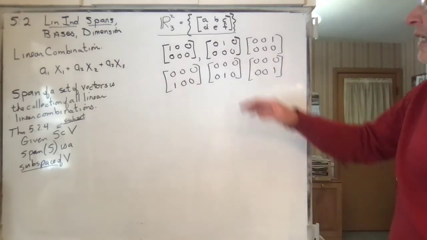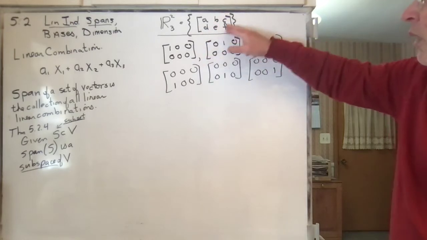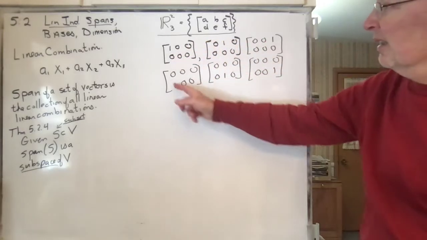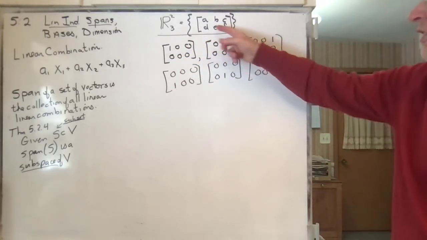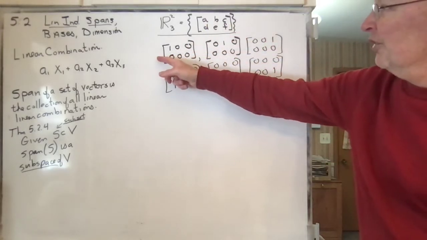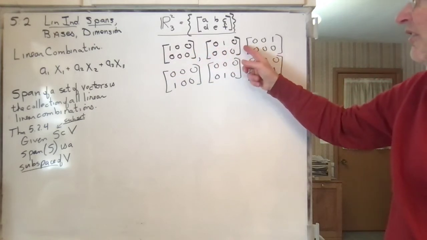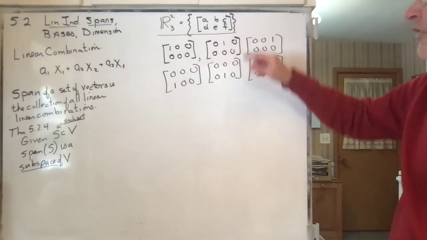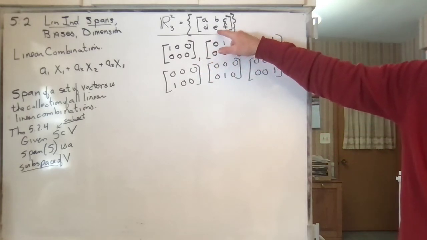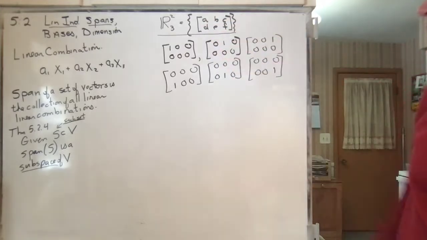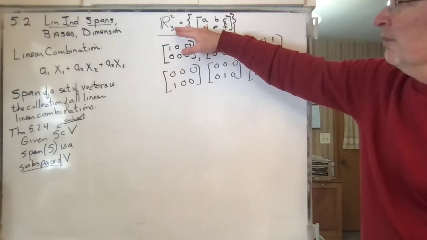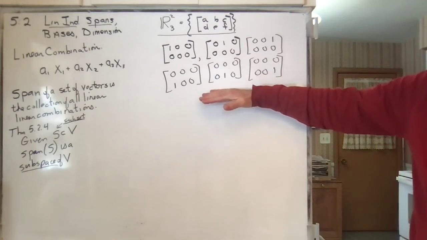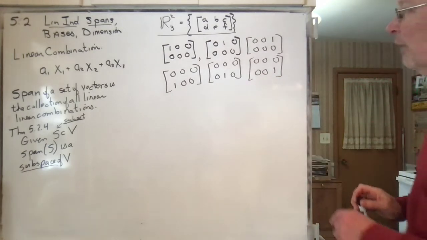Do you agree that I can get any vector I want in here by taking a linear combination of these vectors? In particular, if I take A times this one and B times this one plus C times this one plus D times this, E times this, and F times this, add all those together, I'm going to get that particular matrix. So no matter what matrix you give me in 2 by 3 matrices, I'll be able to get them by adding these together. So this set right here,